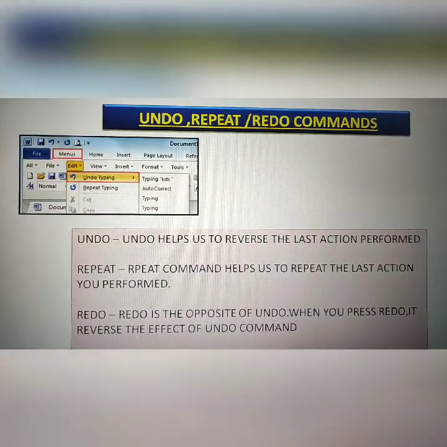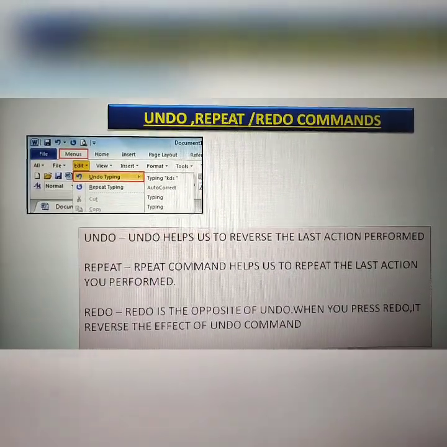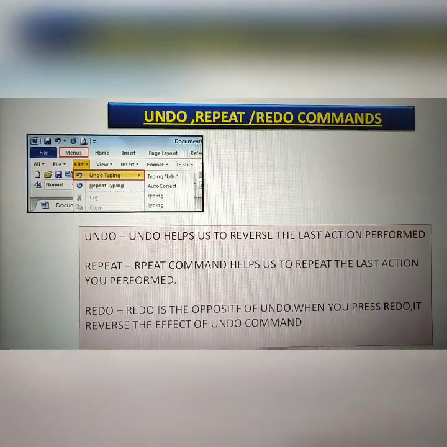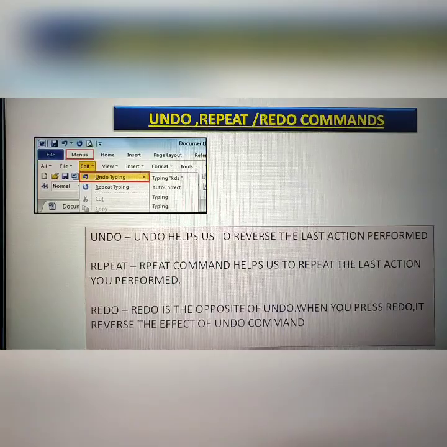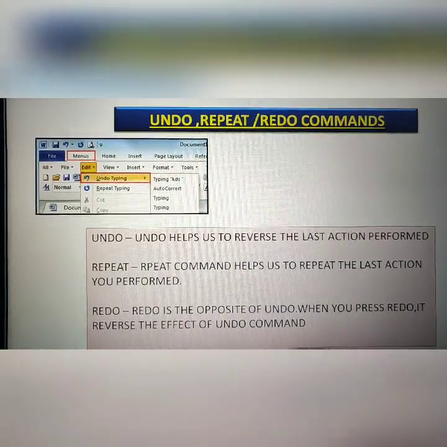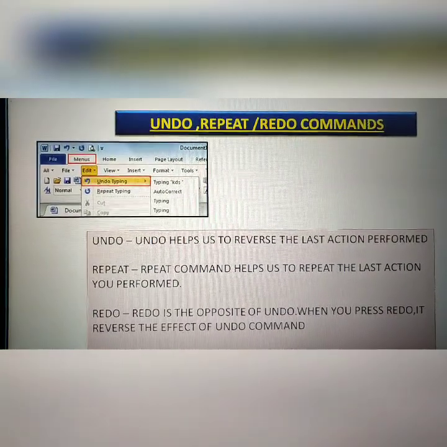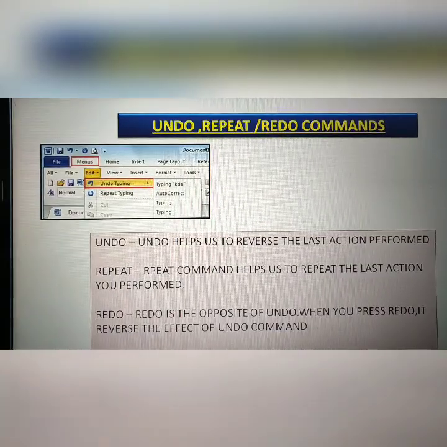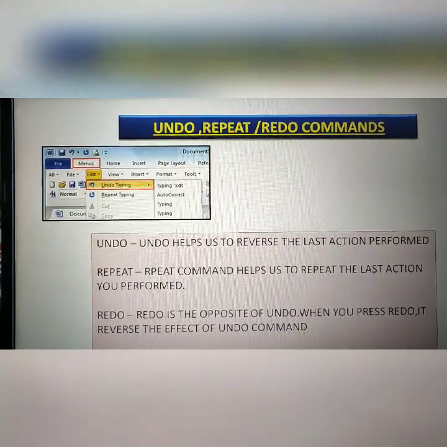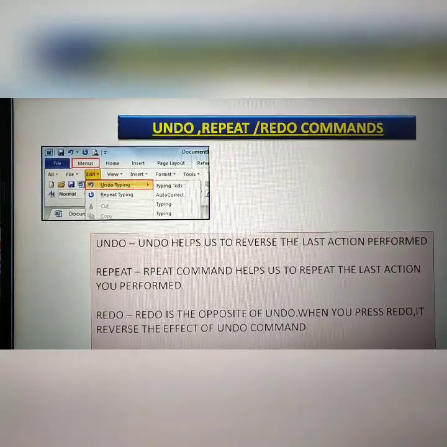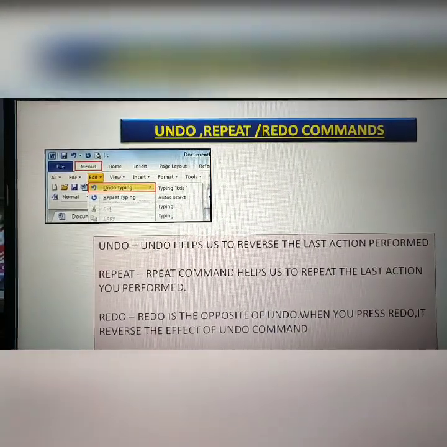I will give one example of undo: if you typed a word and then this word is deleted by you by mistake, in that case undo helps us to reverse the last actions performed. That means with the help of undo we can get our deleted word.